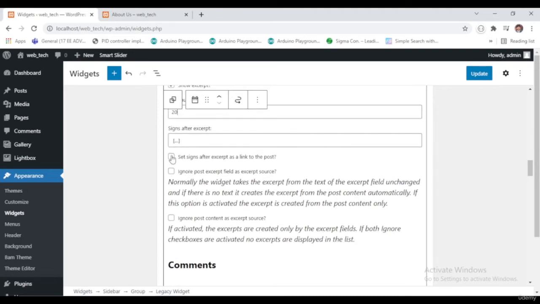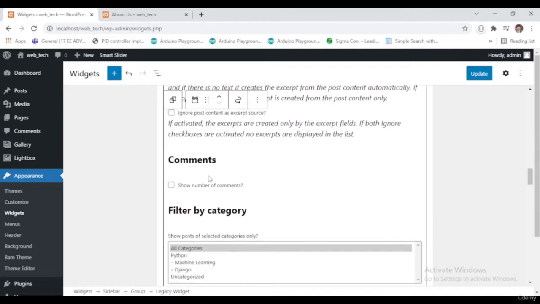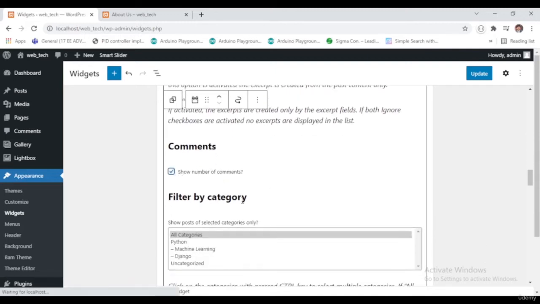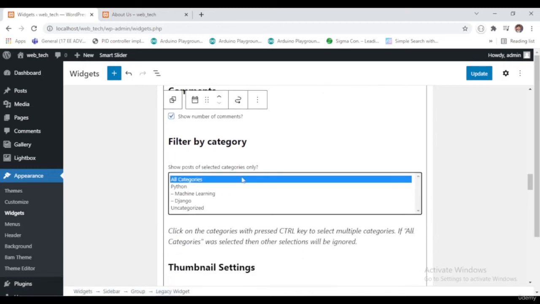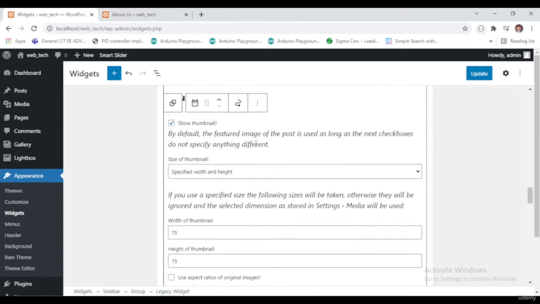Set signs after, yes, and ignore post extra field as extra source, yes, ignore comments, so number of comments. Okay, I will also want to show the number of comments, filter by all categories, and thumbnail settings. Okay, in thumbnail settings,